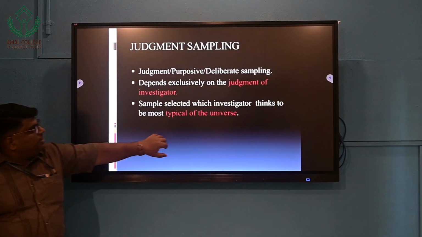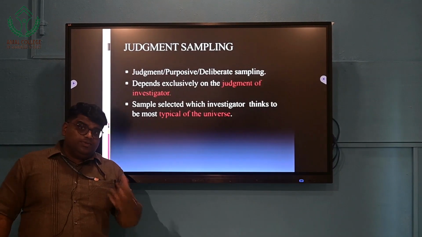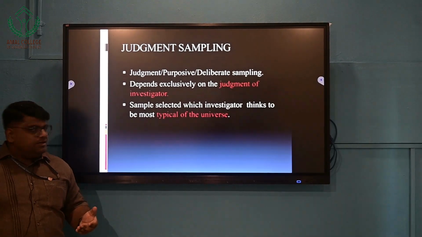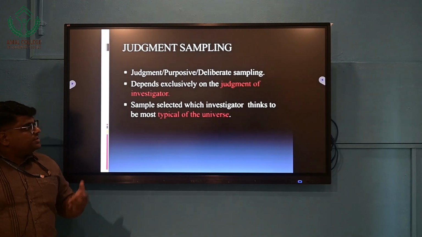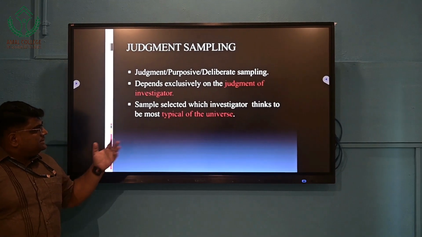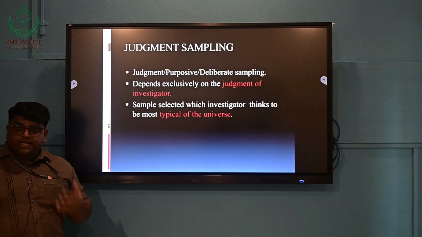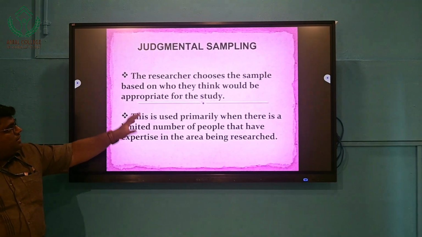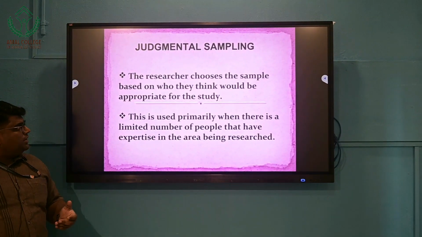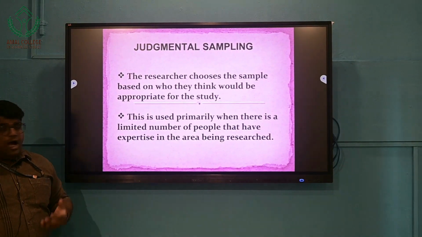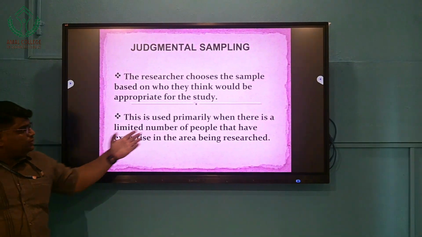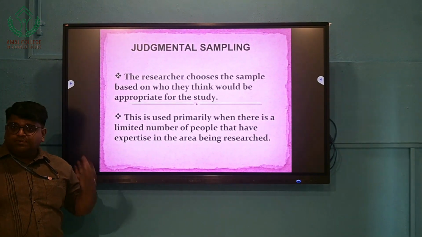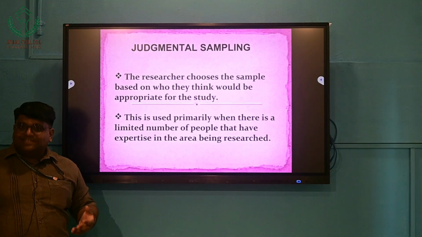Now regarding non-probability sampling, the first one is judgment sampling. What is judgment sampling? Judgment sampling is also known as purposive sampling or deliberate sampling. It depends exclusively on the judgment of the investigator. The sample is selected which the investigator thinks to be most typical of the universe. The researcher chooses the sample based on who they think would be appropriate for the study. This is used primarily when there is a limited number of people that have expertise in the area being researched,